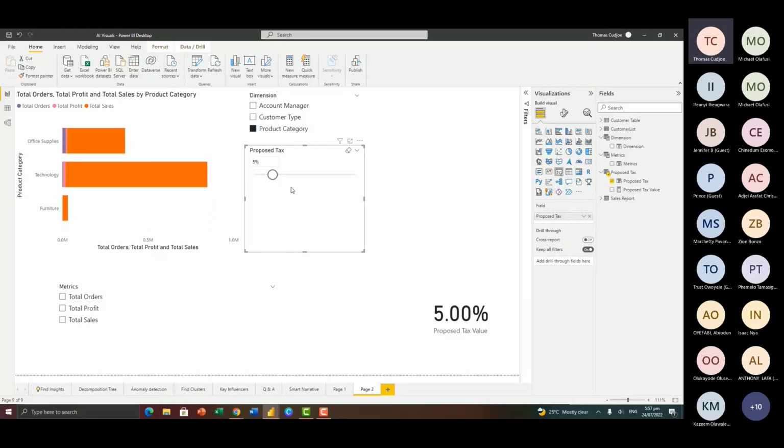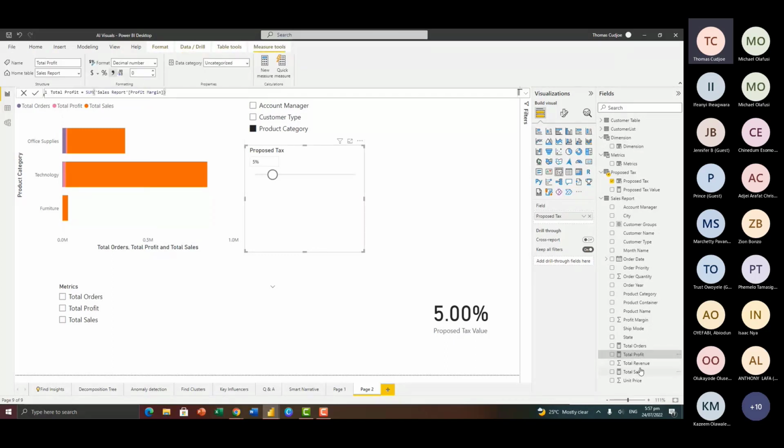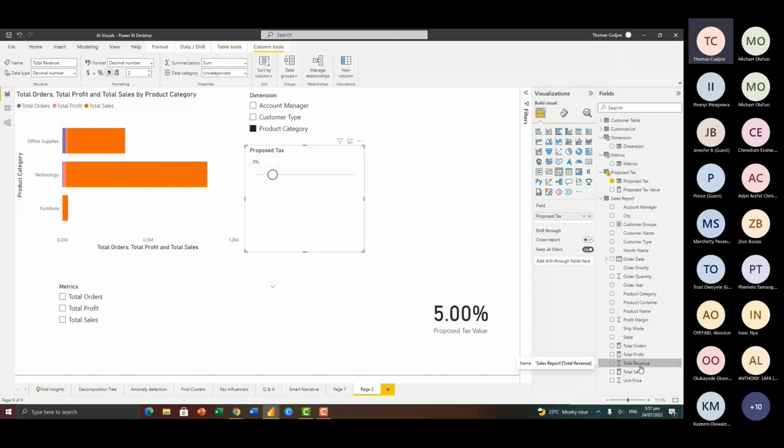Within our sales, we have this revenue measure. So we are going to apply the tax on the revenue. We are assuming that this is a sales tax, so it's directly on the sales that you have made, not on the profits. If this is about profits or corporate tax, then you have to hit it on the profit. Here we are going to hit it against our revenue. So I need to create a measure which is going to pick the scenario that we select from the slicer and apply it on the revenue. So let's do this quickly.